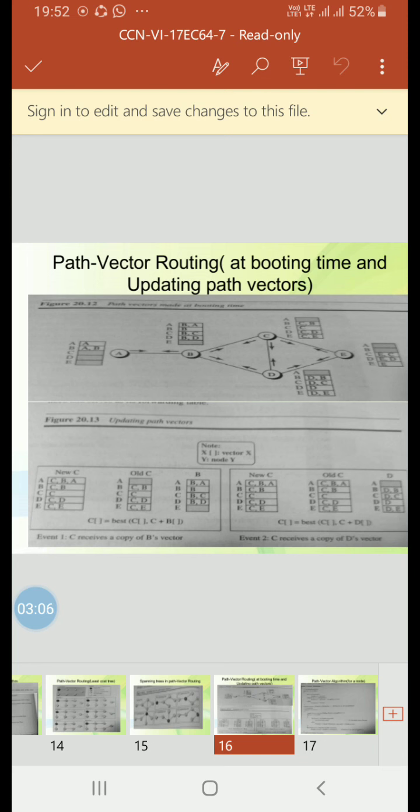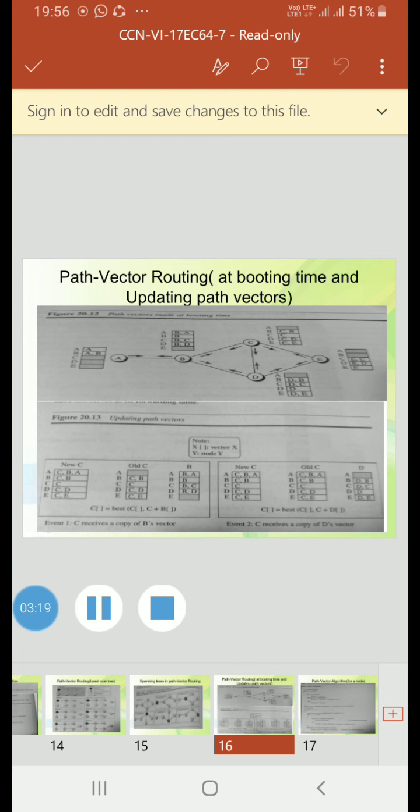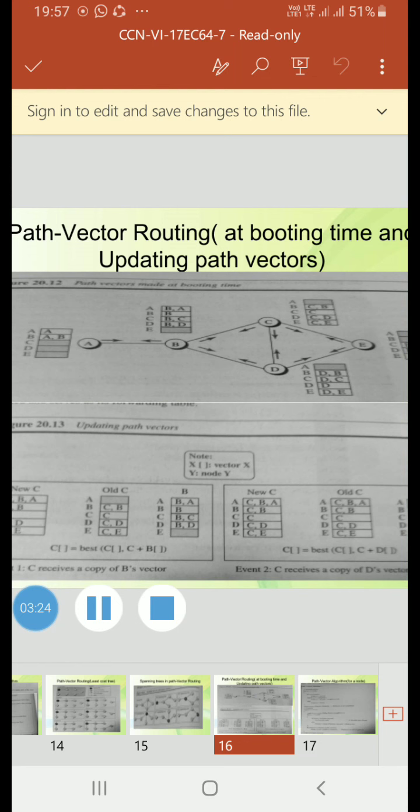The equation is defined as Path(x, y) = best of {Path(x, y), (x + Path(v, y))} for all v's in the internet.